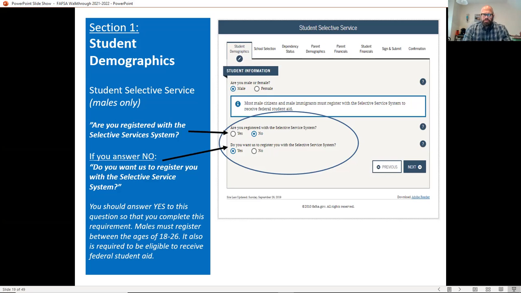So if you are older than 18 and you're not sure that you have registered for the draft, you can click no, and then the next question that comes up will be, do you want us to register you? You can click yes, and it will automatically and immediately register you for Selective Service. If you are not yet 18, obviously you have not yet registered for Selective Service, so you can do the same. Click no, and then click yes, you want us to register you, and when you turn 18,